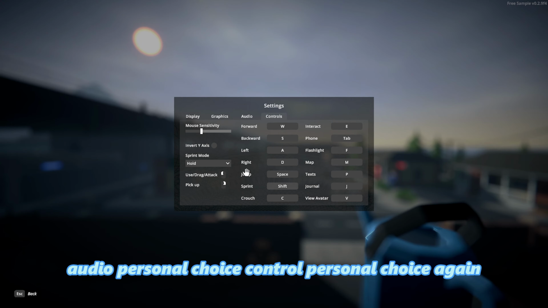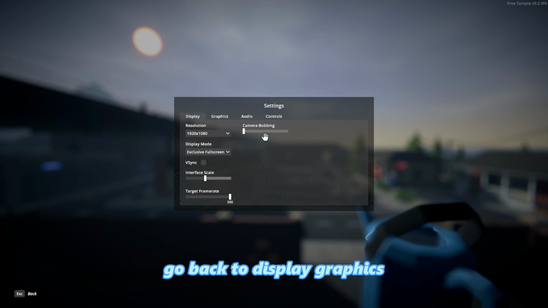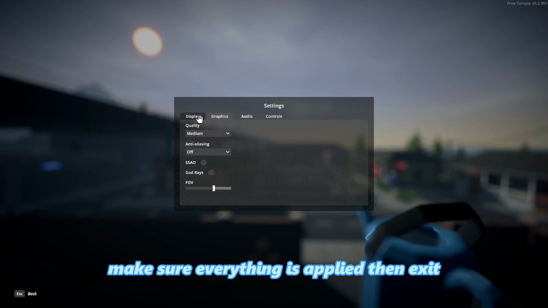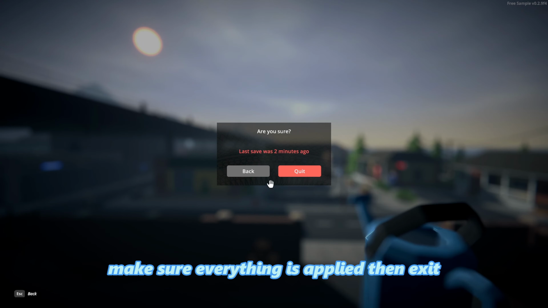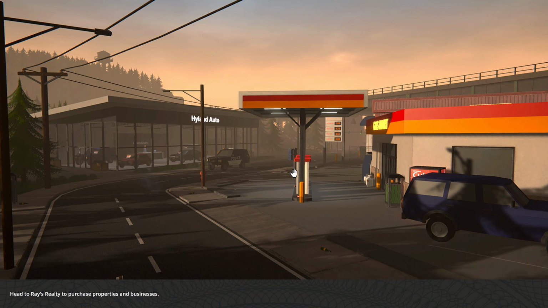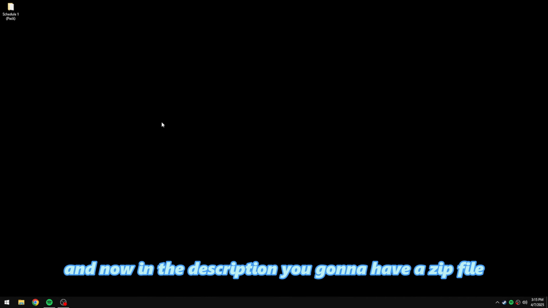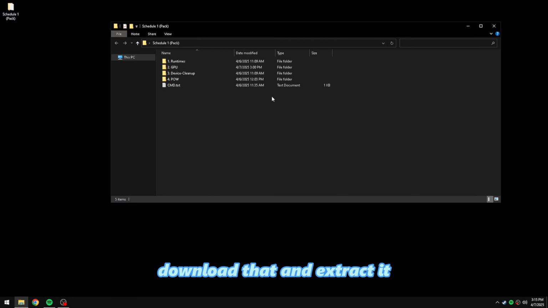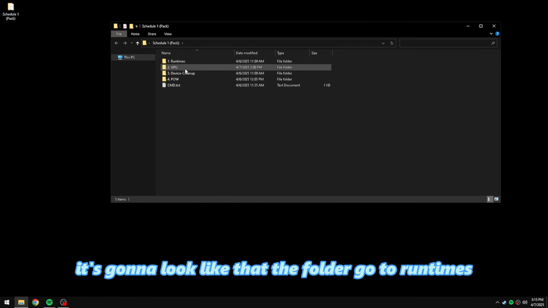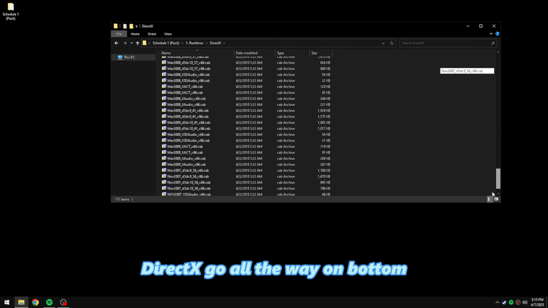Audio, personal choice. Controls, personal choice again. Go back to display, graphics, make sure everything is applied, then exit, and then exit again. And now in the description you're gonna have a zip file, download that, extract it, the folder is gonna look like that. Go to runtime, StarHX, go all the way to the bottom,